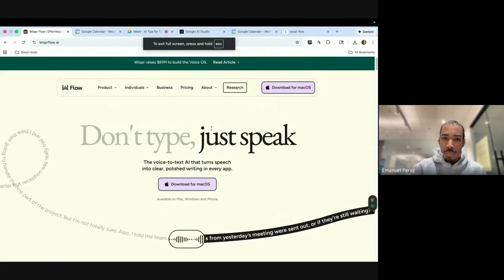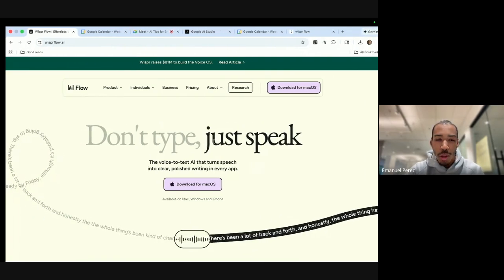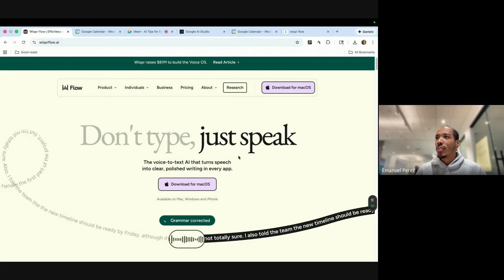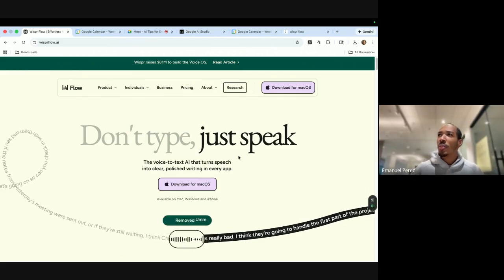All right, so this is the homepage of Wispr Flow here. As you see in the header, it says "Don't type, just speak." This is one of my favorite apps I've been using for over a year now, that turns your voice into text. And for a lot of people, your words per minute might be around 50 words per minute, 60, 75, 80. Does anybody in the chat know their words per minute? No? Okay. Well, that's cool.